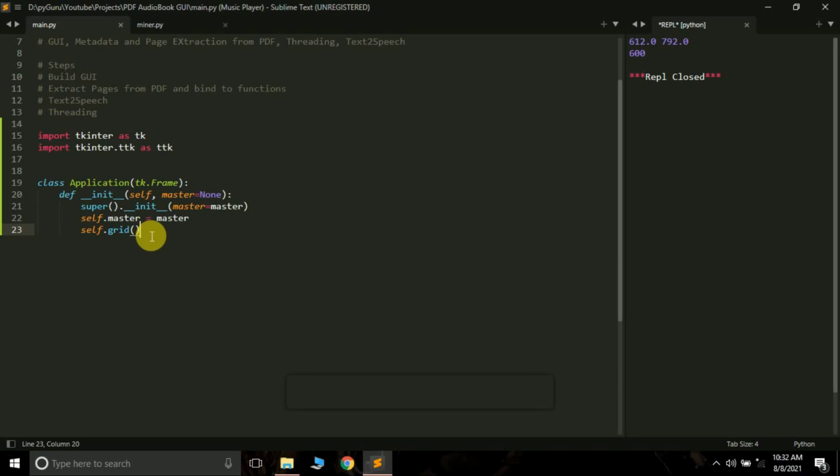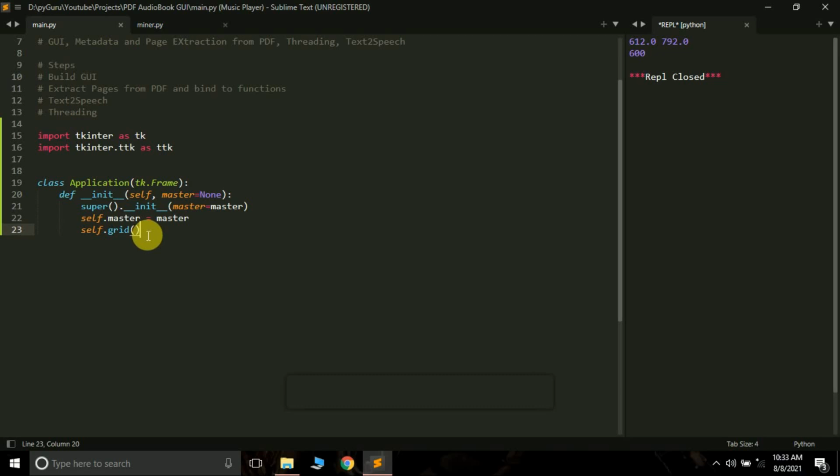See, there are three types of methods that you can use to put several widgets on the window. That is the grid method, place method, and pack method. So we are using the grid method. In the grid method, we can put all the widgets in rows and columns. Okay, in the pack method we have to pack it, and in the place method we can manually place any widget on the window using x and y coordinates. So we are using the grid method as it is easy and flexible to use.